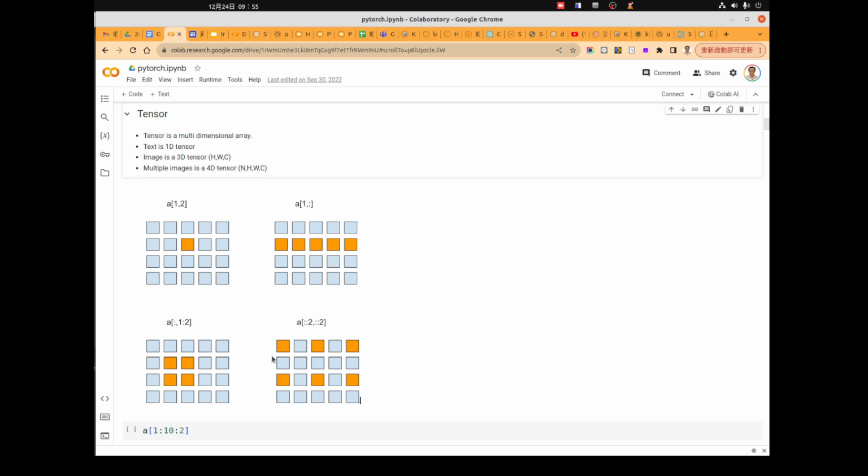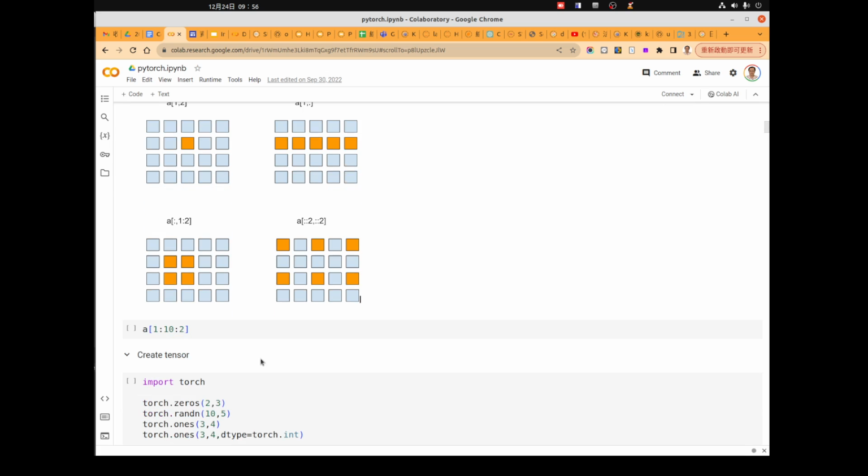We skip the second row and select the third row. For the column, we do the same thing: select column 0, skip column 1, and select column 2, then 4. So it's 0, 2, 4. This operation will select only those 6 elements in a tensor.